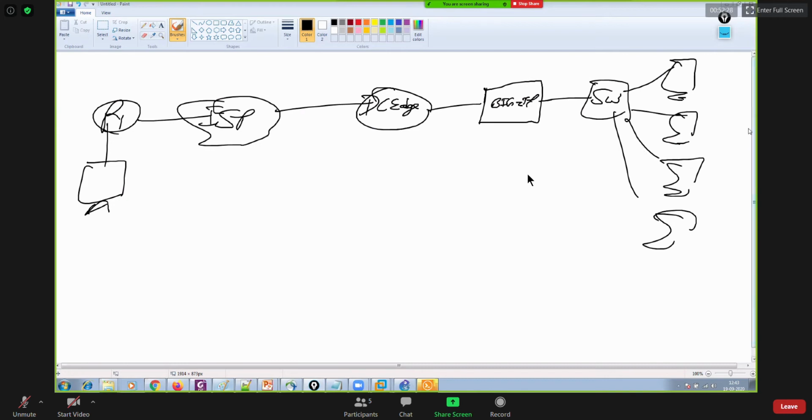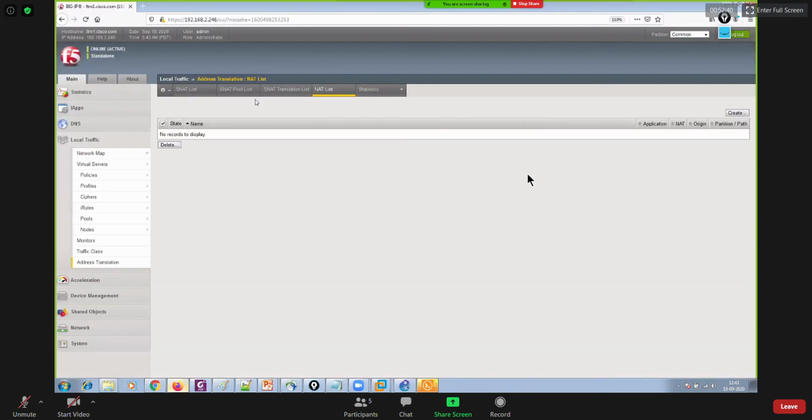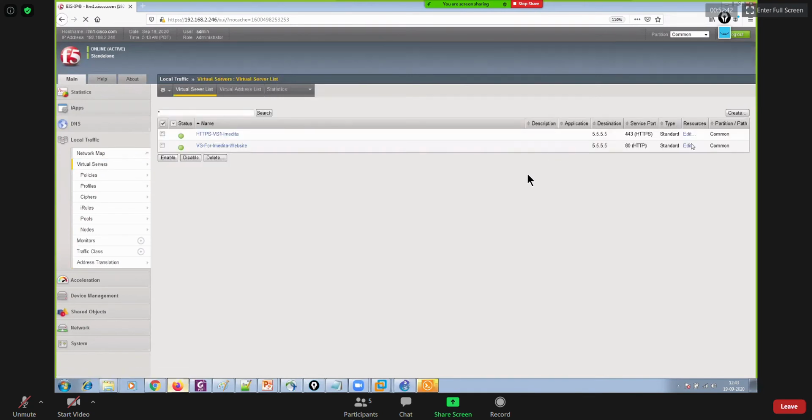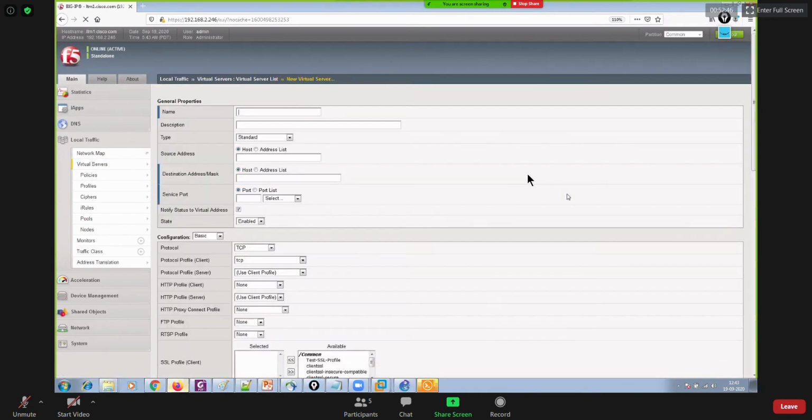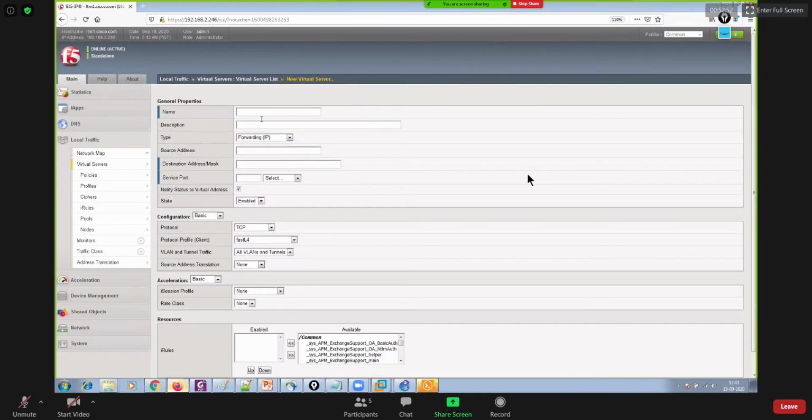So this big IP has to be configured as a router as well as perform NAT. Let's configure this big IP as a router by creating a virtual server which will work as a router for my real servers. Let's go to the virtual server, and this time I'm going to create a layer 3 virtual server, which will be performing routing only. So not a standard one; let me select forwarding IP because I want to use this big IP as a router.